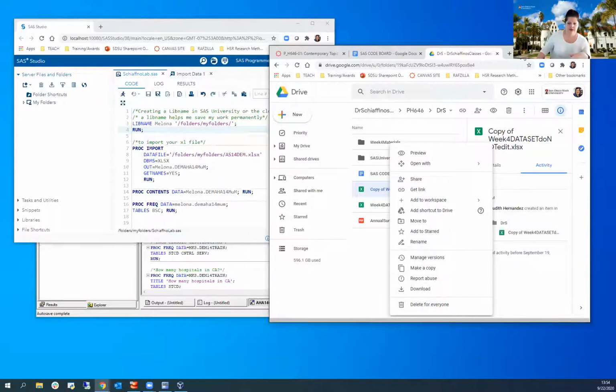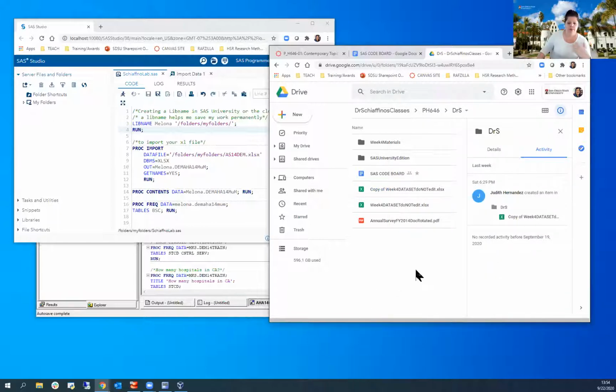You can download it to wherever, and then you go to your my folders for SAS University users, and upload it. Maybe change the name to something less insane